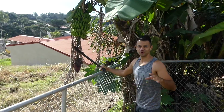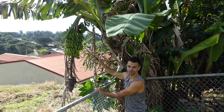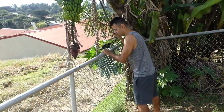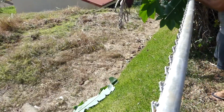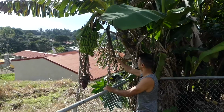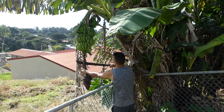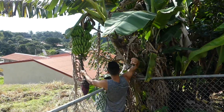Well, we have a little situation right here. It's kind of funny because this is the banana that we're going to cut, but this right here in the middle of the fence. So over there is kind of high. So I'm going to see how I can cut it without falling or without letting the banana fall. So we'll see how it goes. I'm going to try to get this thing here, to get it from here. I might go there, but